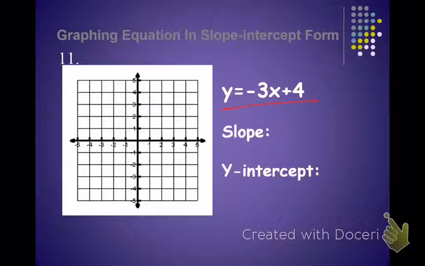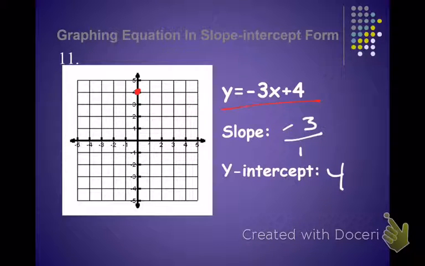Okay, your slope, in this slope-intercept form, your slope is -3, and as a fraction, -3/1. I think it's helpful to see the run in your slope. And then y-intercept is just 4. So we need to go to 4 on the y-axis. And if we try to use the slope,